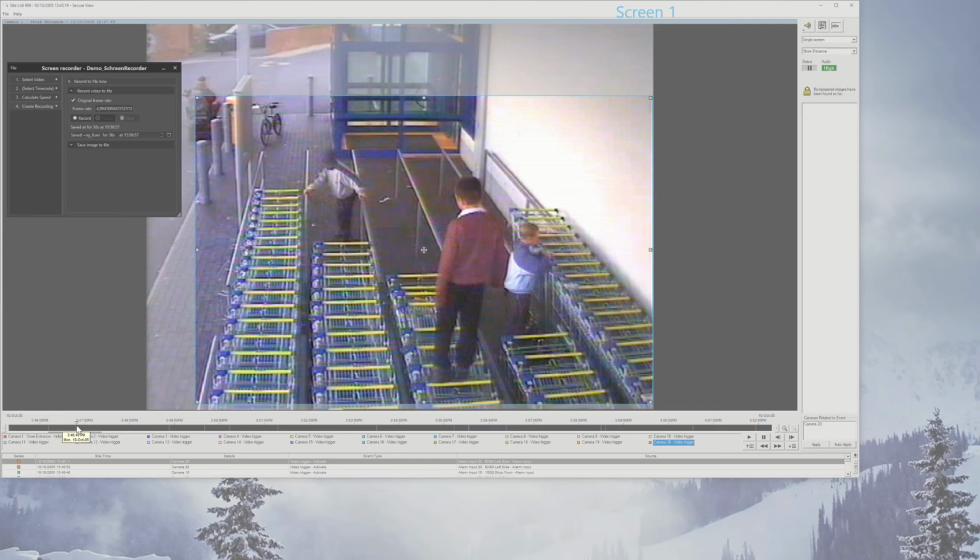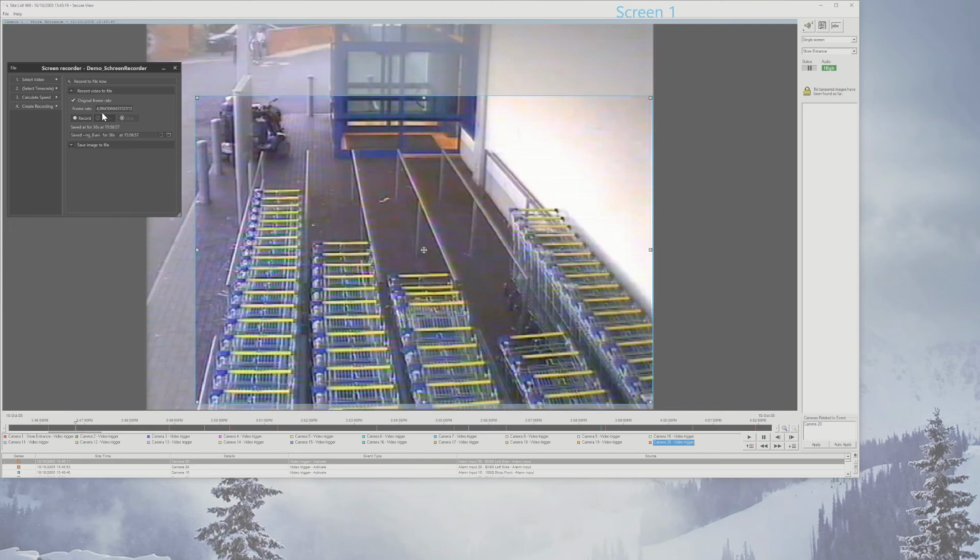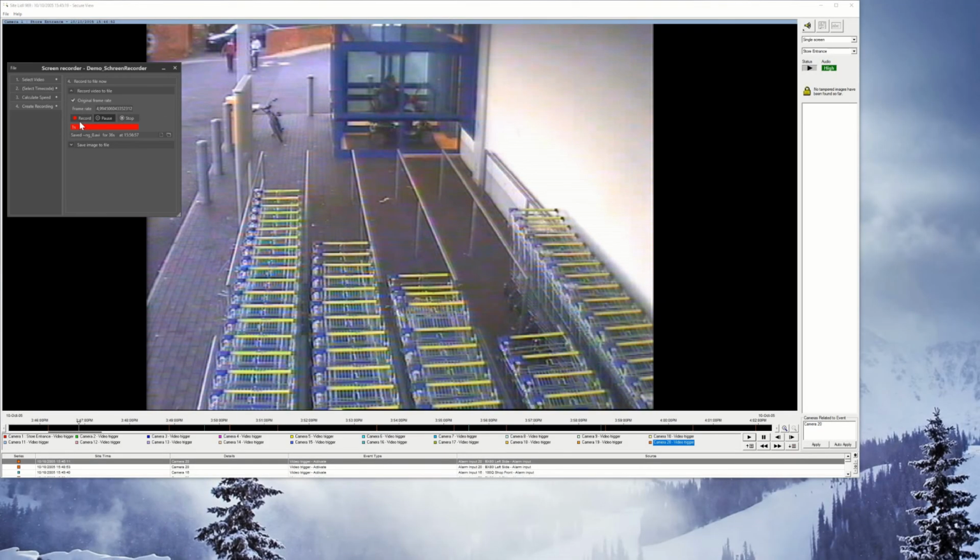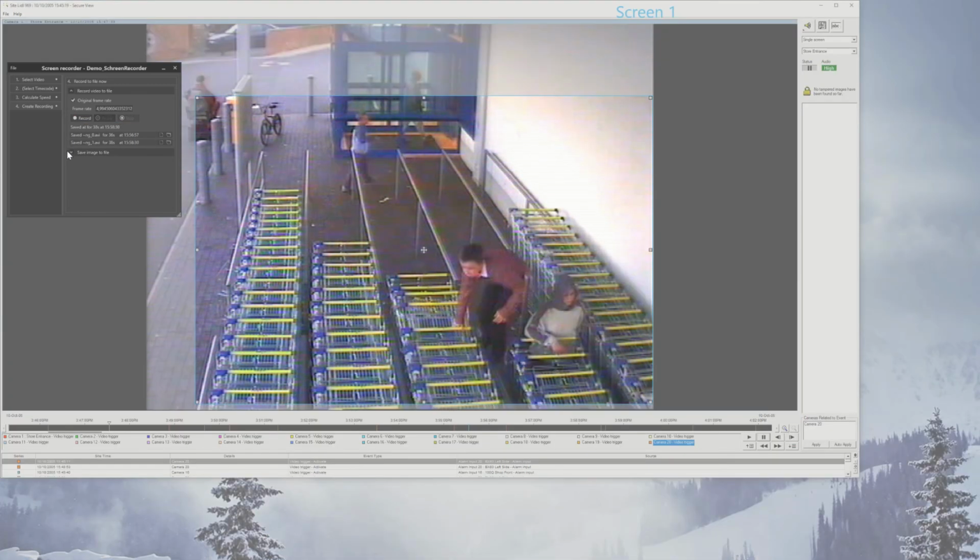To record as a video, expand Record Video to File. Here you can select if the frames per second will be the calculated rate or a custom rate. And to start recording, you merely press Record. While recording, you can also pause the recording and continue the recording, so you can go to relevant parts. Alternatively, you can click Save Image to simply save an image.